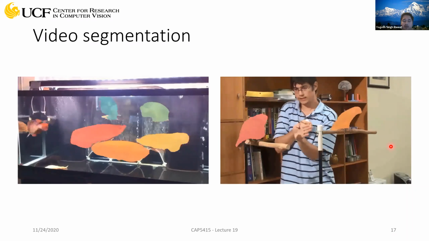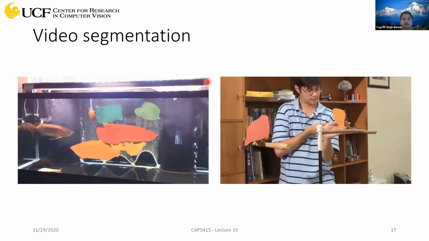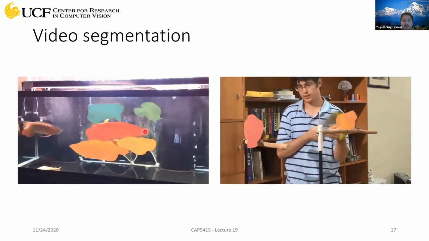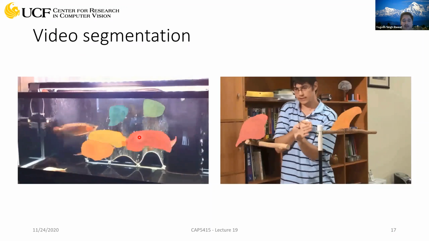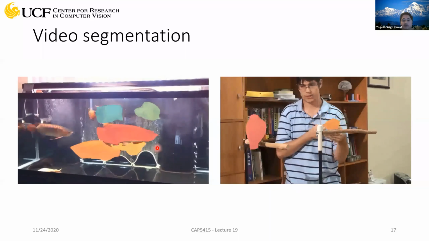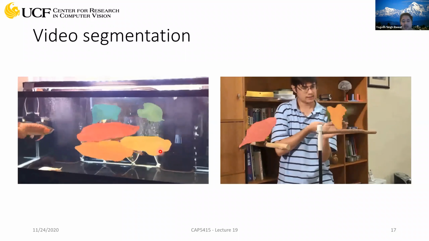Another interesting problem in videos which we can solve is video segmentation. It's similar to image segmentation. In an image, you have to just segment a single image. In video, you have to segment a sequence of images. And if you think about this, segmenting objects in videos is a bit easier when you compare it with images, because you have the motion information, how your objects are moving across frames. That information helps with the segmentation.